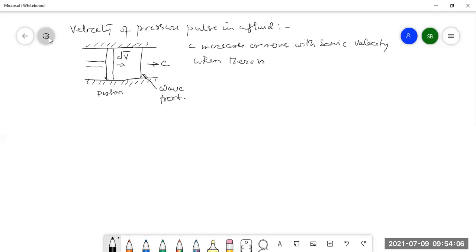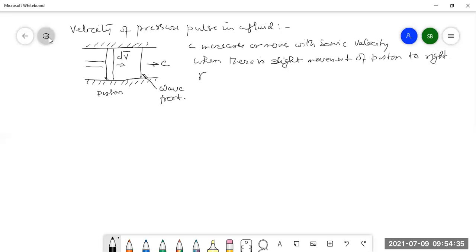Pressure wave, a light movement of the pressure. When there is a slight movement, say a movement of the piston to the right, the fluid near the piston has a slightly increased pressure and is slightly more tense than the rest of the fluid.